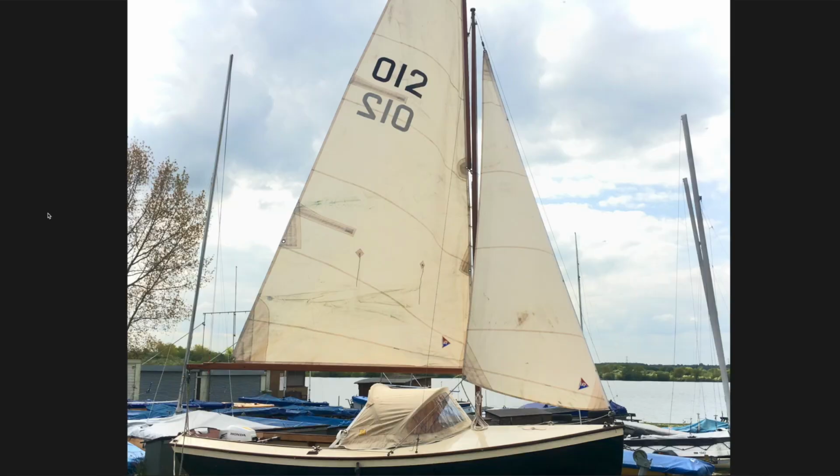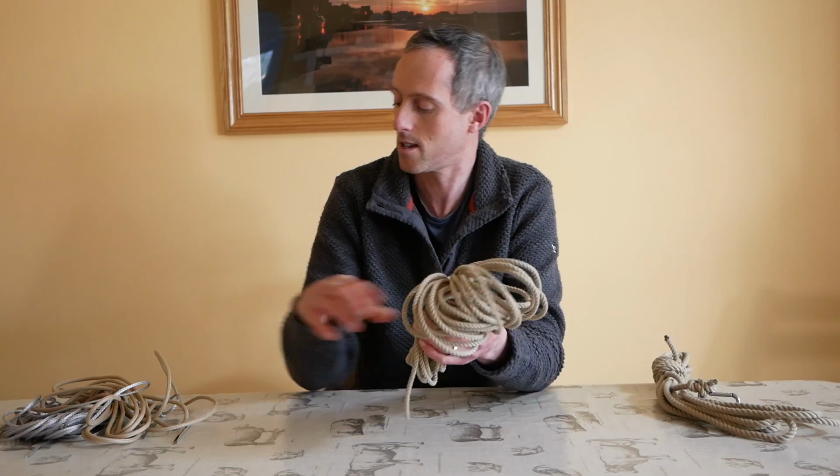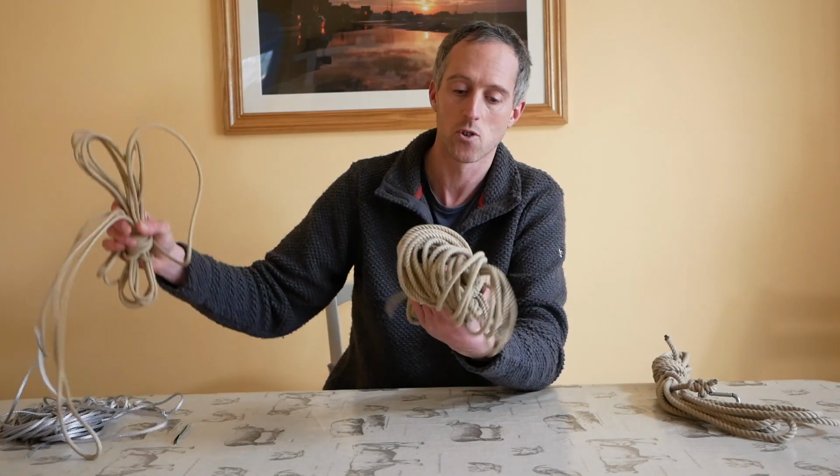This is for Tarka's topping lift, so it's going to be led from the back end of the boom up to the top of the mast to support the boom, to hold the boom up when the sail is down. So it doesn't need to be very strong. All it's going to do is hold the boom up,